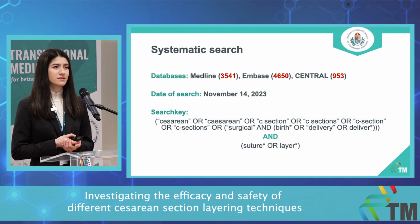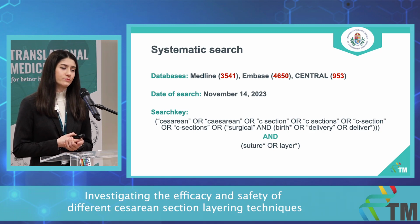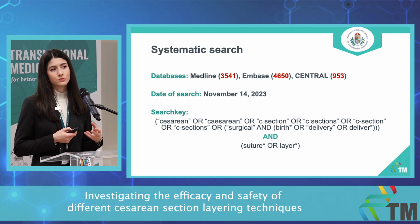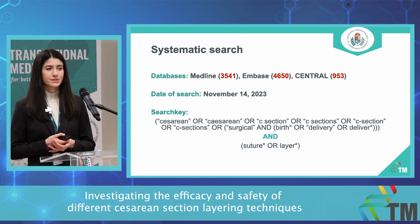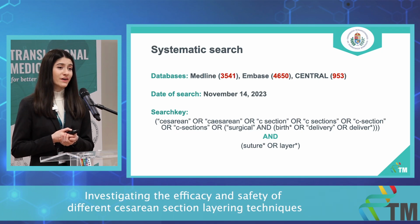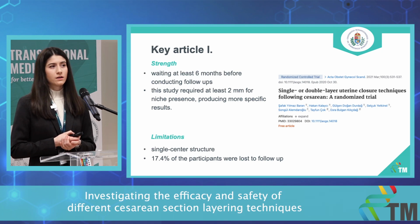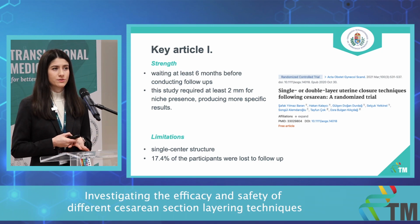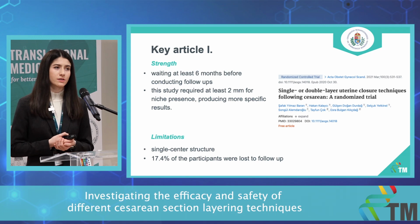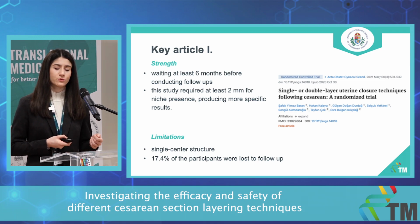We conducted our systematic search in 3 main databases, and our search key consists of 2 domains. The first one refers to the cesarean section, and the second domain refers to the technique. Our key articles have strengths and limitations. In the first one, the researchers waited at least 6 months before conducting follow-ups and required at least 2 millimeters for niche presence,